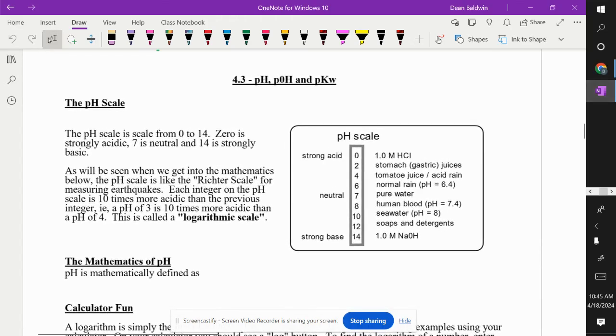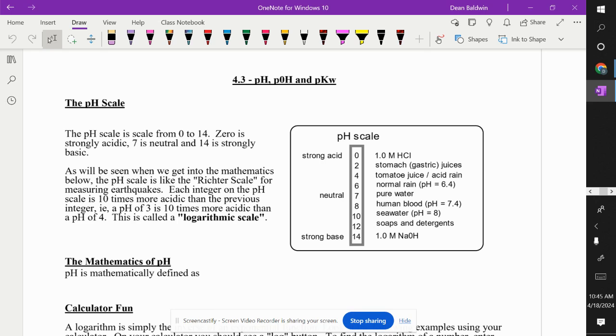pOH, or sorry, pH. The pH scale, how we measure acids. I'm sure you've all heard of it before. Low pH means what? Strong or weak acid? Strong, or more acidic, I guess is a better way to say it. You can have a low pH with a weaker acid, but